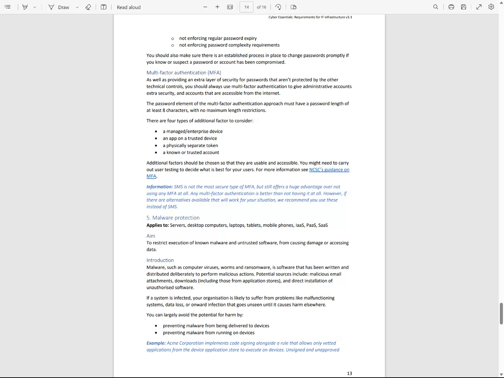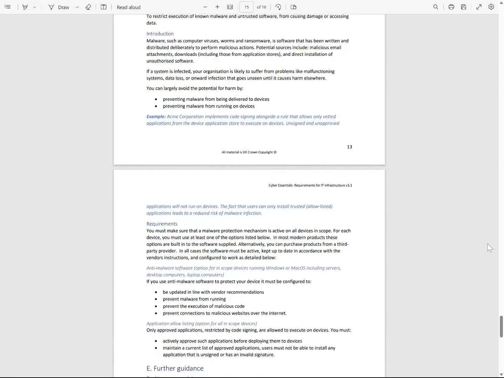Malware, such as computer viruses, worms, and ransomware, is software that has been written and distributed deliberately to perform malicious actions. Potential sources include malicious email attachments, downloads, including those from application stores, and direct installation of unauthorized software. If a system is infected, your organization is likely to suffer from problems like malfunctioning systems, data loss, or onward infection that goes unseen until it causes harm elsewhere. You can largely avoid the potential for harm by preventing malware from being delivered to devices and preventing malware from running on devices. Example: